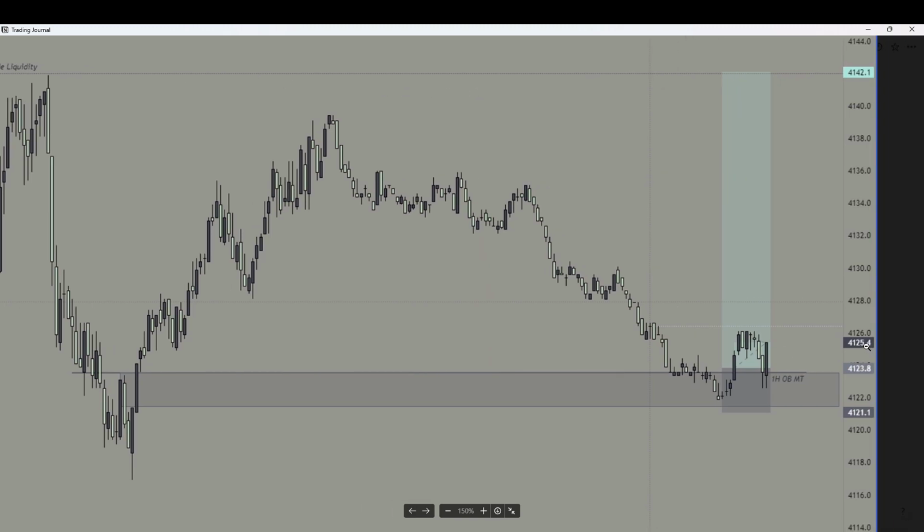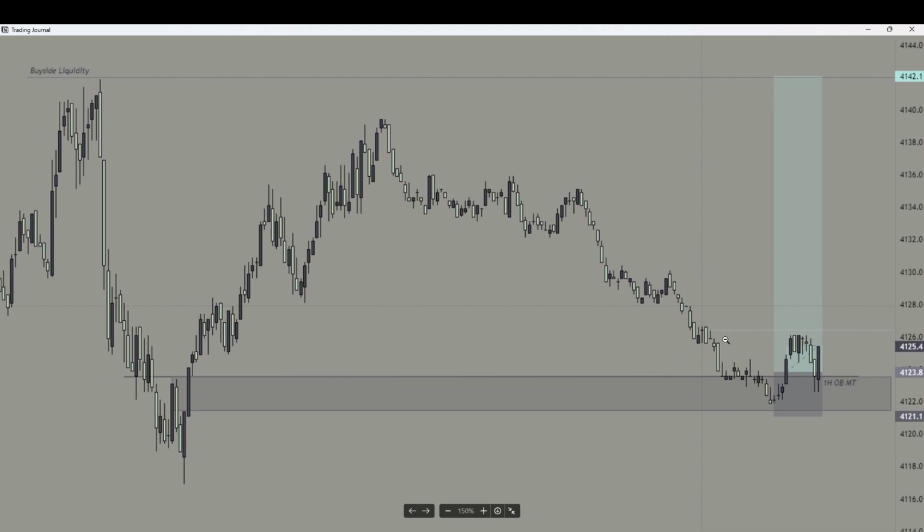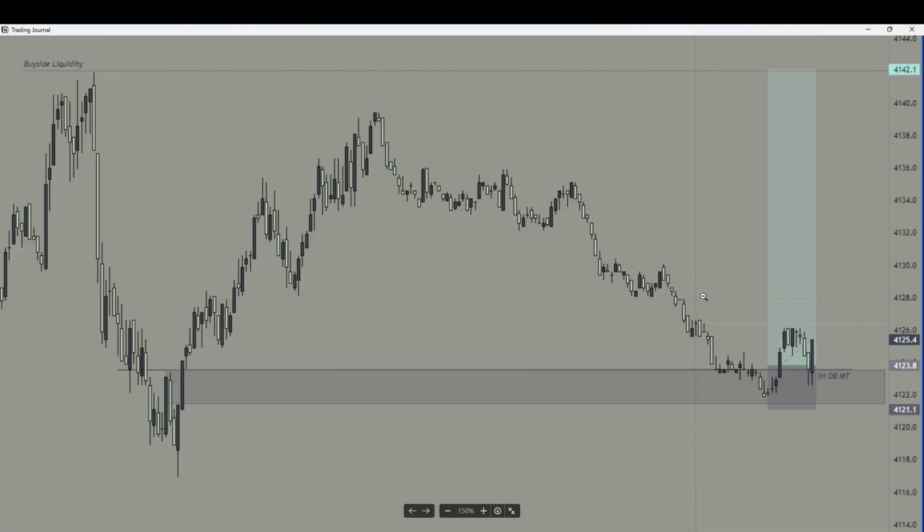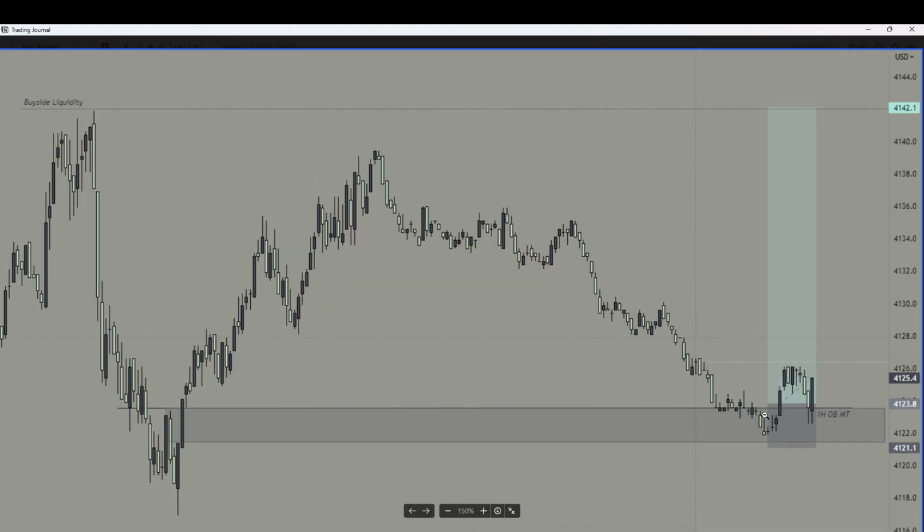Approximately 170 points, or 17 points, and this is, let's say, a 3-point SL, so 1 to 5 or 1 to 6, somewhere in between that. And at first it went in a direction, and it is because the lower time frame way of entering is